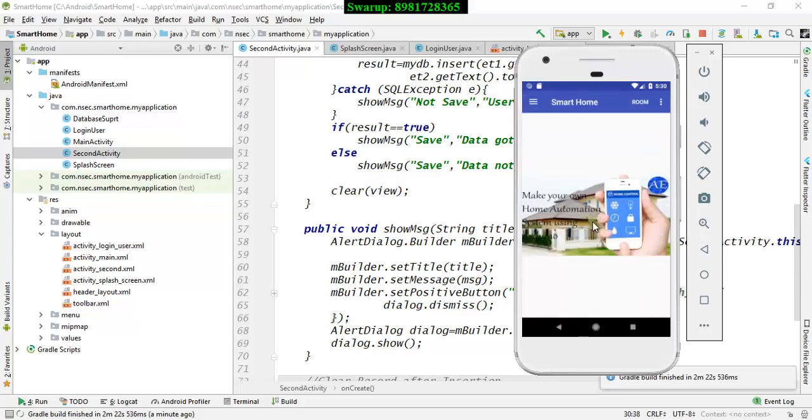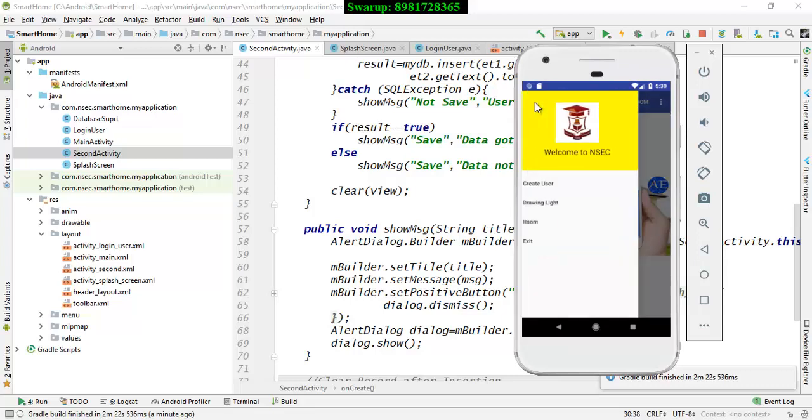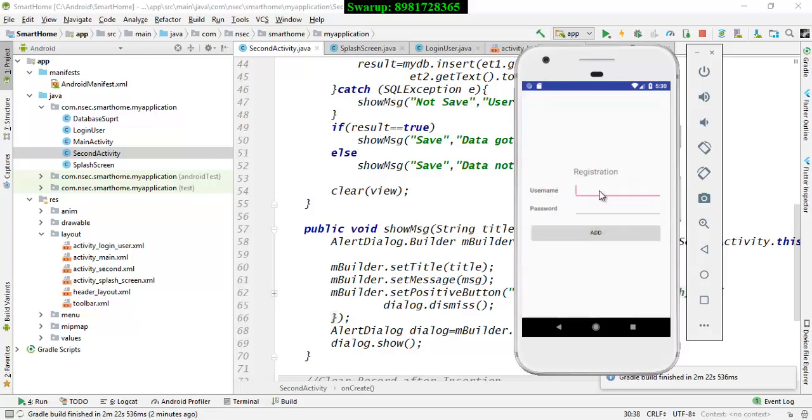you will see the main activity, and here is the main activity. Here you have the option called navigation drawer. See, this is the navigation drawer. Through this you can create a new user. So I will create a new user over here. Suppose Rahul,